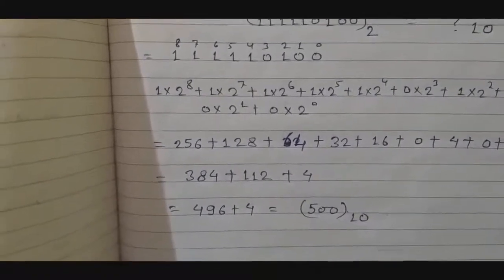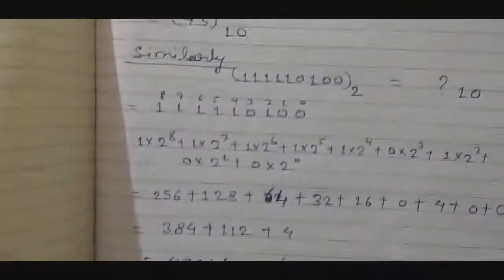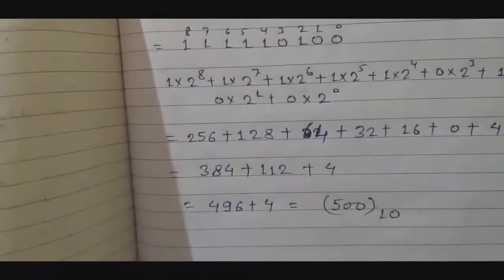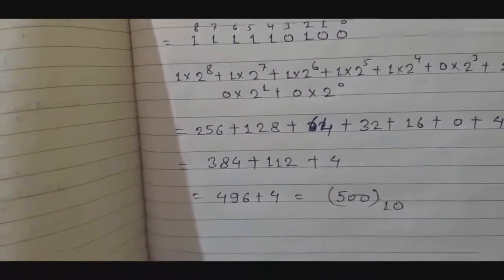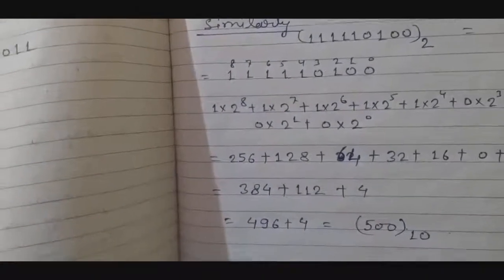So it's a very simple process, and here you can see the binary of 500 that I had already calculated over here. I had taken the same number, and at last I am getting 500. In this manner we can convert from decimal to binary and binary to decimal. So dear students, you have seen how I converted the binary number system into the decimal number system and the decimal number system into the binary number system.